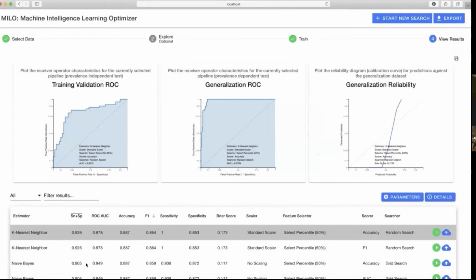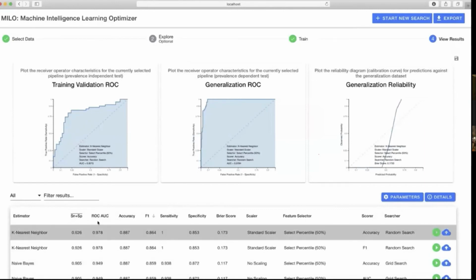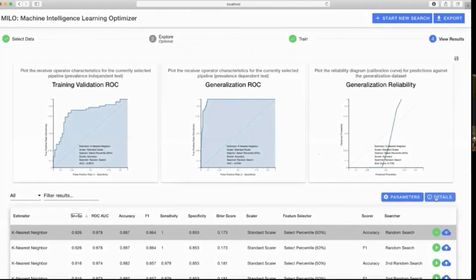But you as the user can choose whatever model performance you want, the ROC-AUC, accuracy, F1, the lowest prior score, whatever you want. And the top model that you see in gray correlates with the graphs that are on top. So it's ready for even publication purposes. It's fully transparent, so you can see exactly what you've run. You can see the details in terms of what you've built.